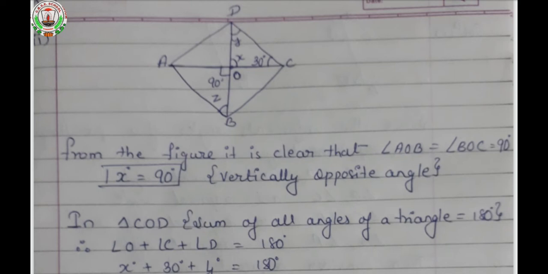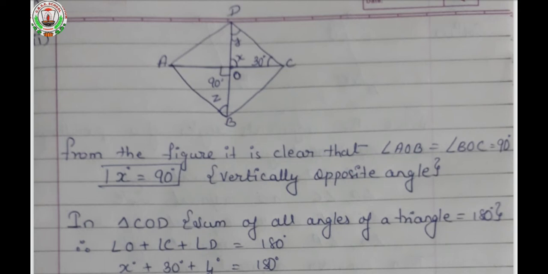That is 90 degrees. So, angle AOB will be equal to angle COD. Why is it so? Because it is a vertically opposite angle, isn't it? Angle AOB will be equal to angle COD. Here I had written B. It is not B. It is D. Clear? So, please make the correction that angle AOB will be equal to angle COD. In place of B, write D. That will be equal to 90 degrees.